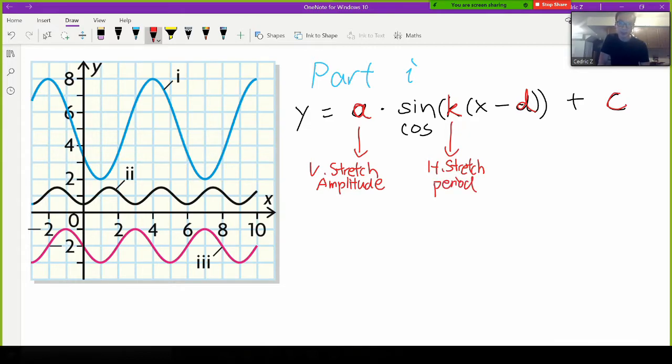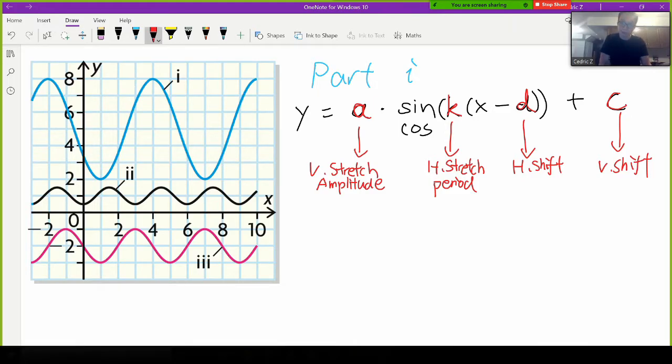The b value is your horizontal shift. That's pretty straightforward. And your c value represents your vertical shift. In other words, if I can determine the a value, k value, b value, and c value, then I have